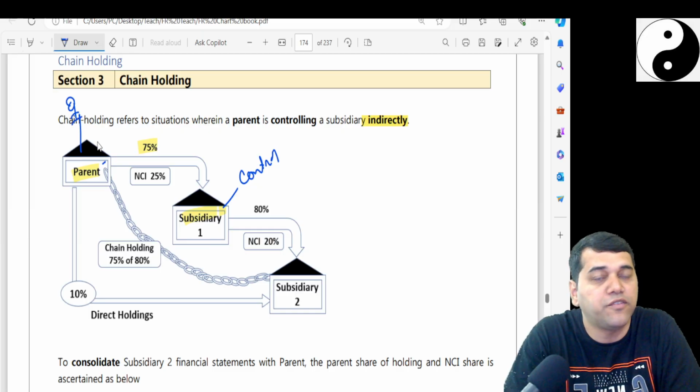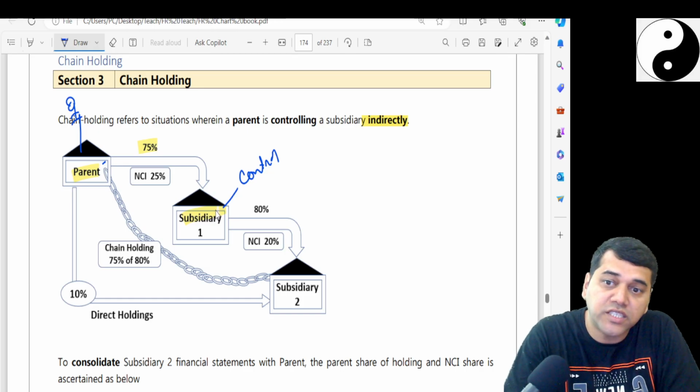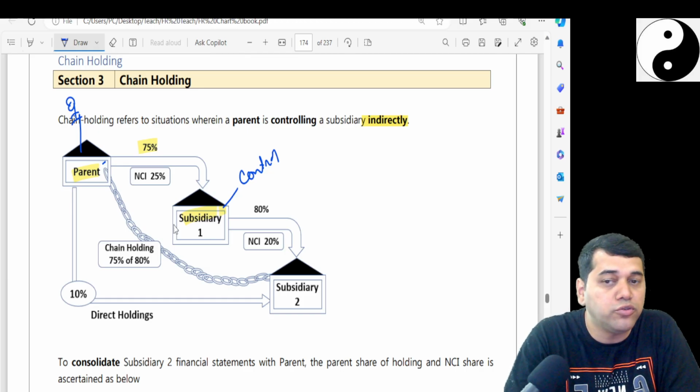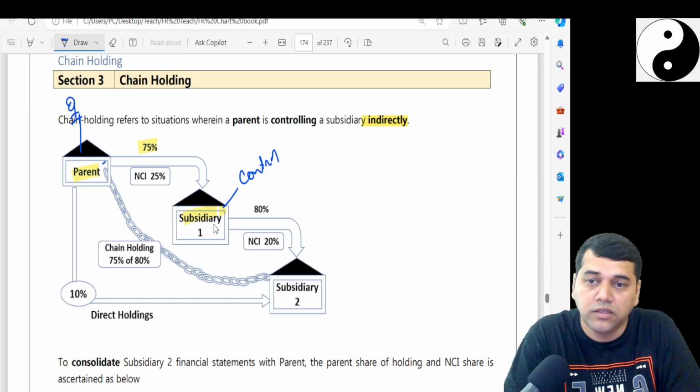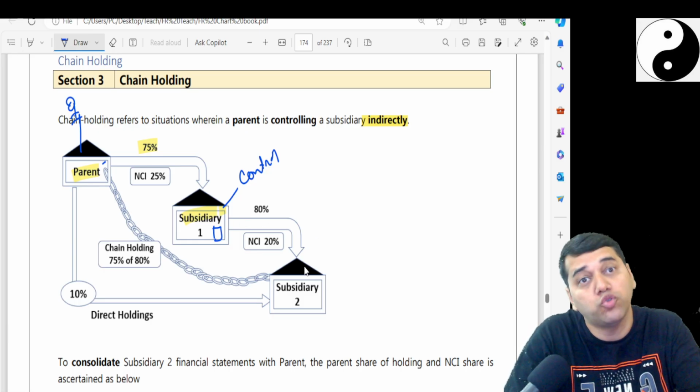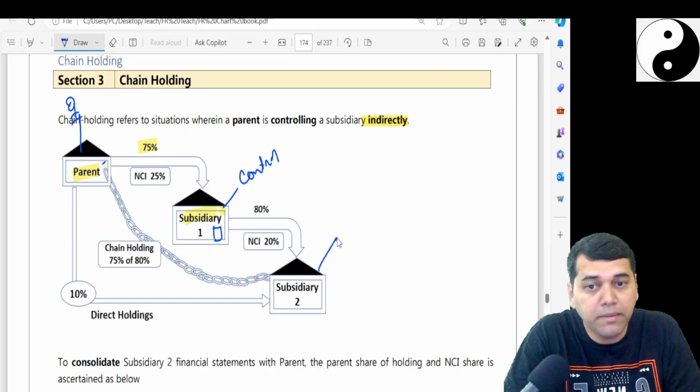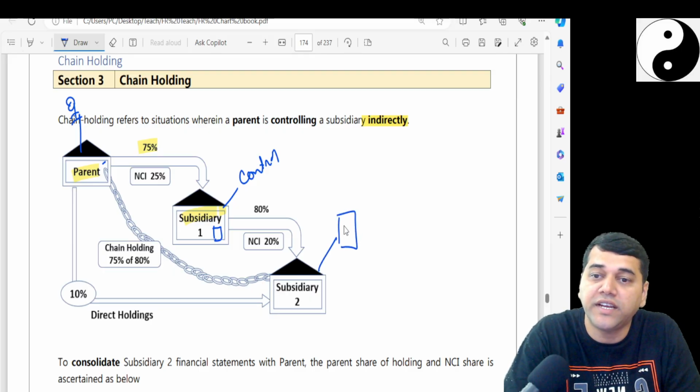Now this subsidiary 1 invests its money, understand that, from the parent. Actually, human beings are different here. Who holds the parent? From the parent's balance sheet, cash goes into this subsidiary's owners. So in the share certificate, there are two people now: 75% is parent and NCI is 25%. From their balance sheet they make the payment to the subsidiary, and in their balance sheet also their share certificate of S1 is going to come.